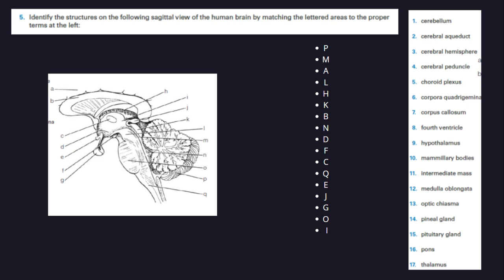Number 6, letter K. Number 7, letter B. Number 8, letter N. Number 9, letter D. Number 10, letter F. Number 11, letter C. Number 12, letter Q. Number 13, letter E. Number 14, letter J. Number 15,